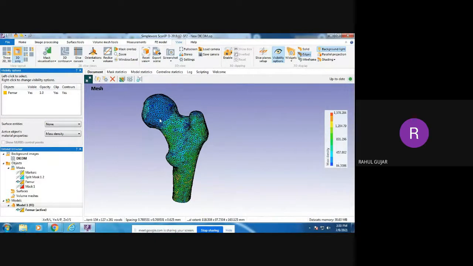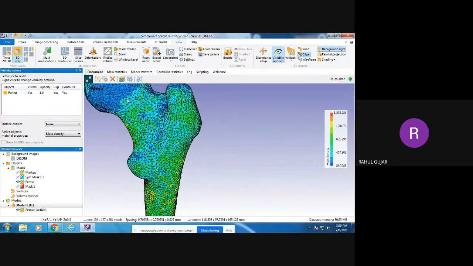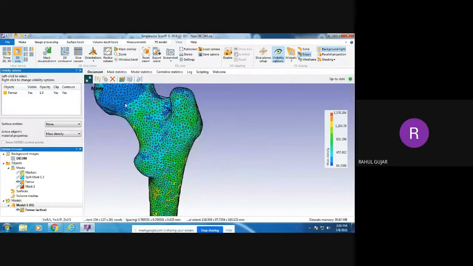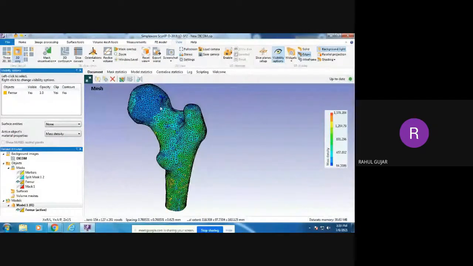Why is this area showing less mass density? Because this area is spongy compared to the remaining area. The remaining bone area is very dense, but the neck portion and the head portion are spongy, like a honeycomb structure, and therefore there are major chances of failure of the bone in this area.